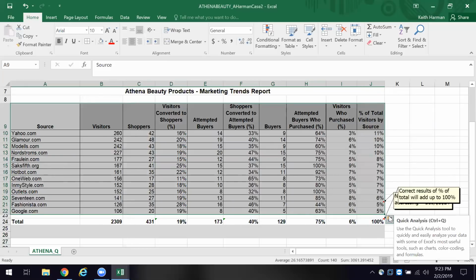And so their purchasing is comparatively, they produce 9 buyers. Models produced 9 buyers. Fraulein produced 9 buyers. So there's a lot here to take a look at to try to determine. One of the things we do know is that while the number of visitors